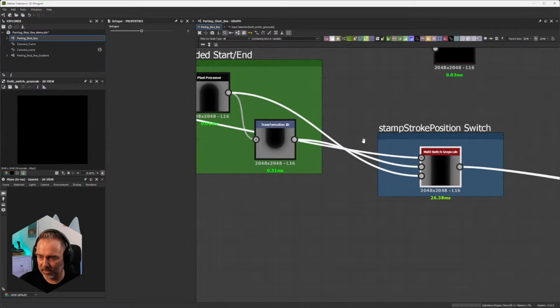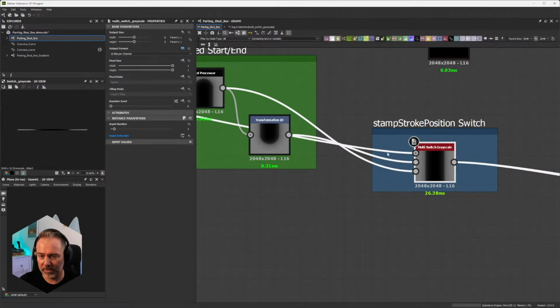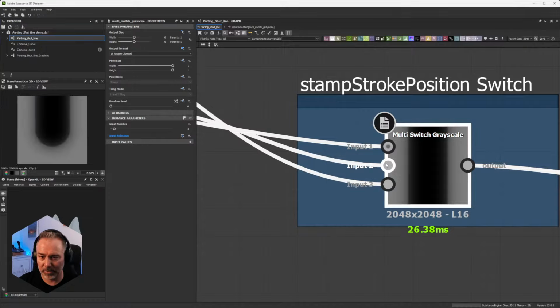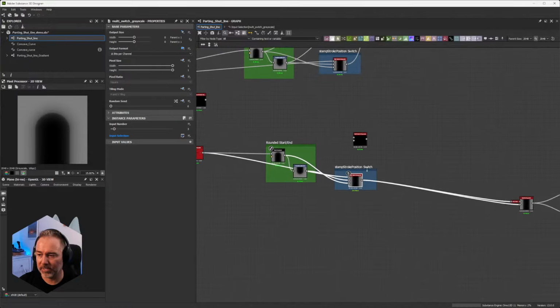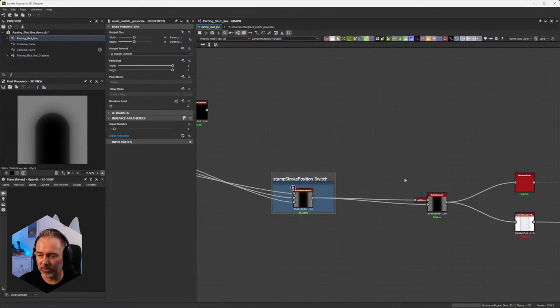What it does is, if it's not activated, it will return this one, the flat one, let's say. If it's activated and we are in the middle, same, we take this one. If we are at the start, it will take this one, and if we are at the end, it will take this one. So this is useful for 3D pass and stamp strokes position,